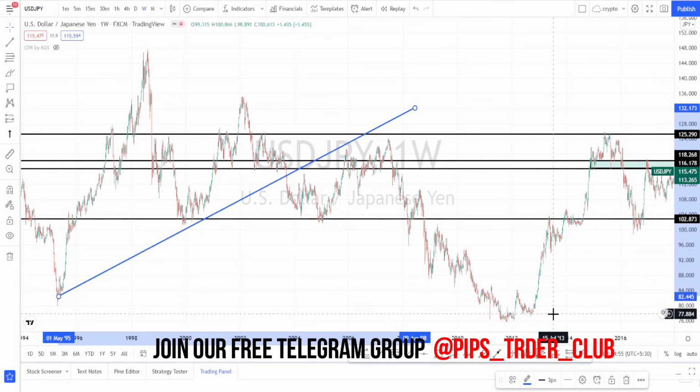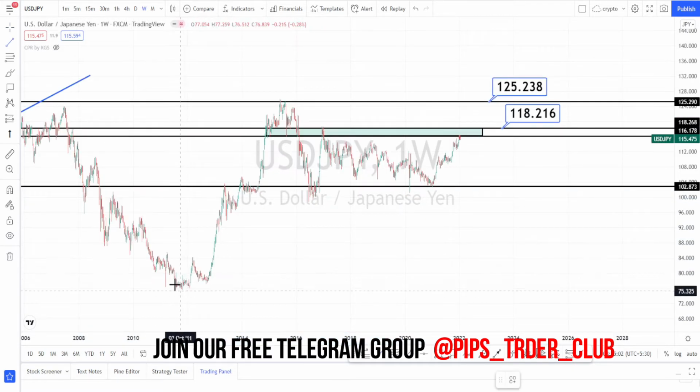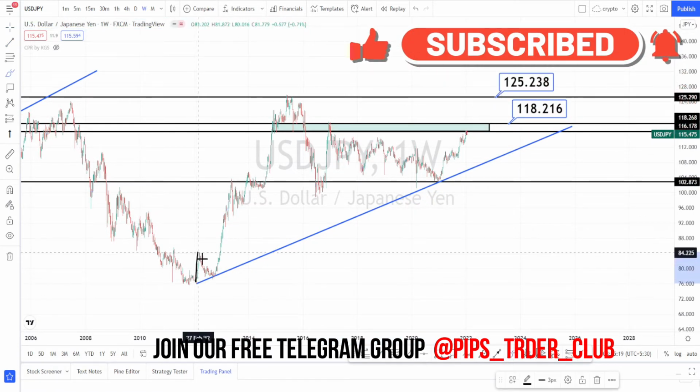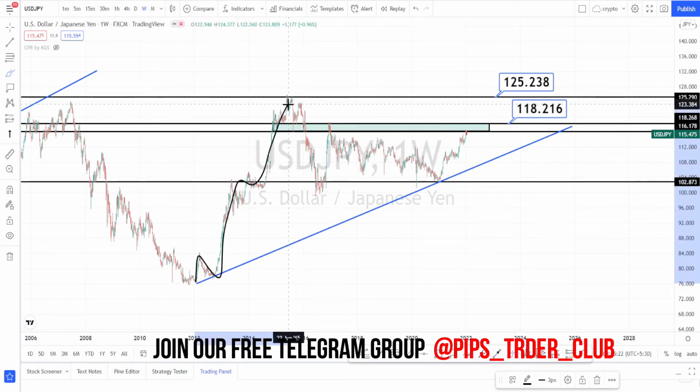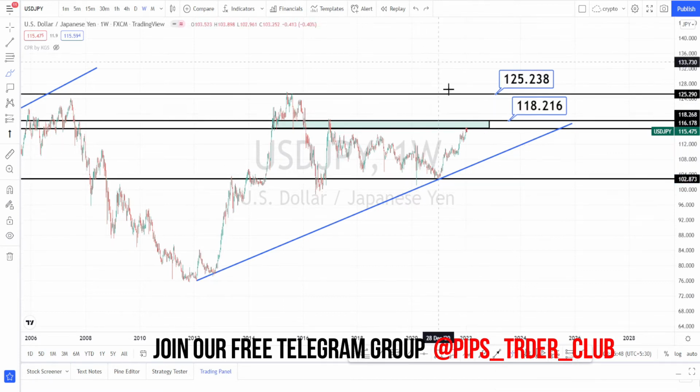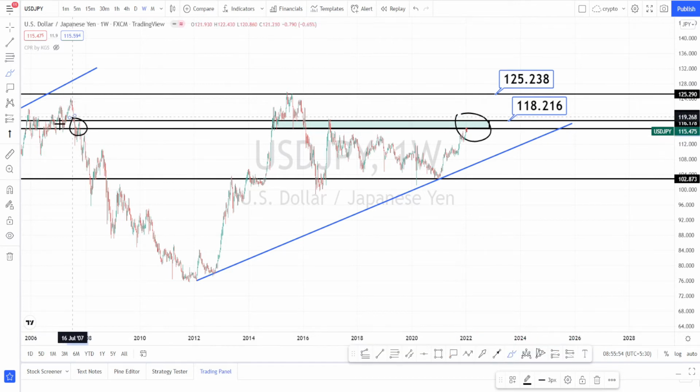When we analyze the current price action, this was the lowest level it has retraced, and from here I am drawing a support line or the trend line. You can notice that current price action is in a very nice bullish trend, but it couldn't break this previous high of 125 and a trend reversal happened. When it retraced, it took support on the trend line and a bullish trend has started. So currently when we look at the price action, the current market is in a very nice bullish trend, and we already know that this level has acted as a very strong resistance and support.